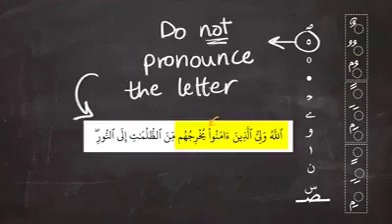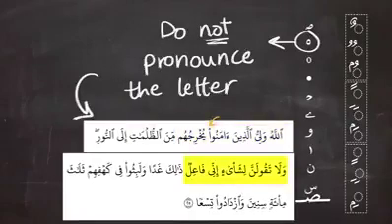Now, as you can see, there is an alif, and above the alif is this sign. It looks like a circle, and it means that the alif is not pronounced. So we say amanu, not amanua. Another example is وَلَا تَقُولَنَّ لِشَيْءٍ إِنِّي فَاعِلٌ. Now, as you can see, the alif in shay is written, but it is not pronounced. So we say shay. The alif is not there.